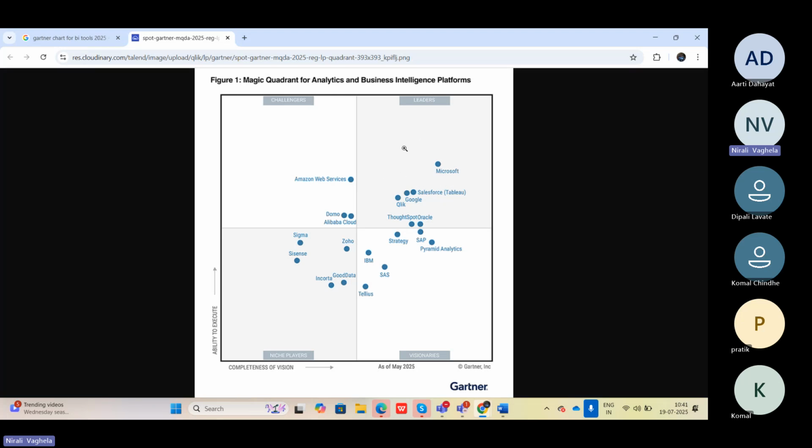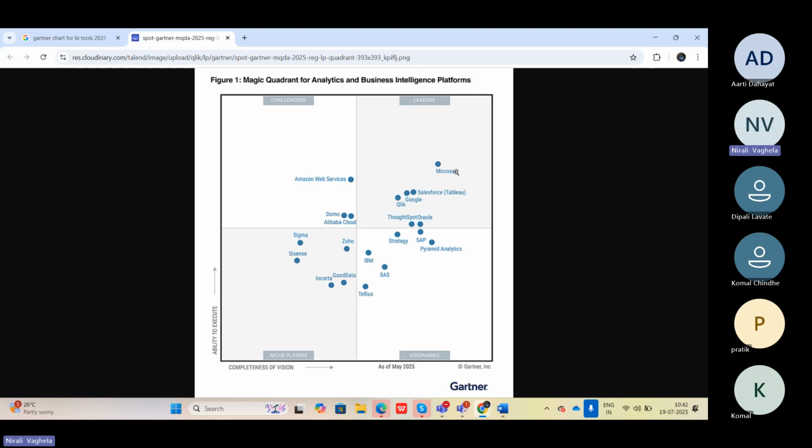Leaders category means the tools or technology you see here are the tools or technology trending in the market. Just like how we follow a fashion trend, how we follow any trend basically, similarly we'll be following the same thing here. This is exactly where the trend is going, so we have to choose technologies which are leading in the market.